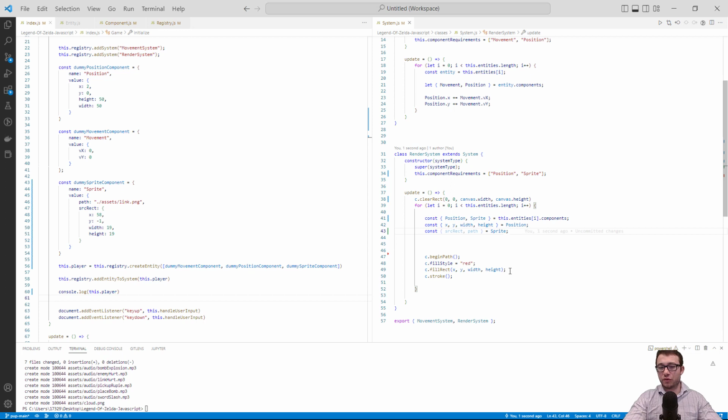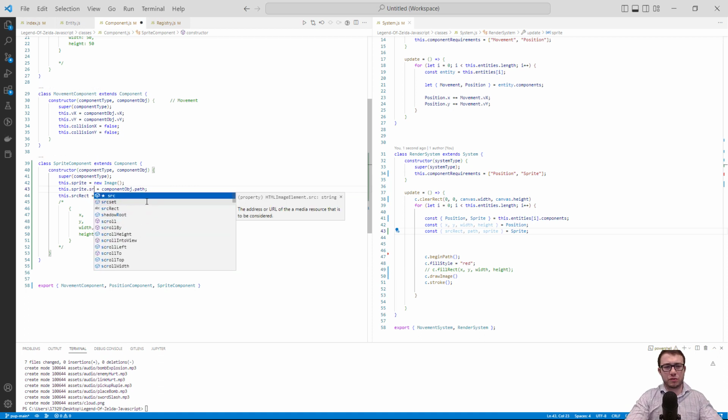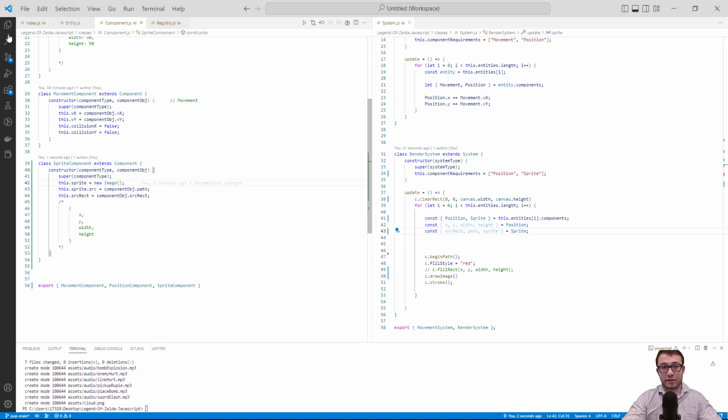Then let's change this fill rect to draw image. This is how context renders PNG files. And we'll also need the image itself. And I just realized I actually need to set the image's src, its source value, to the path. So let me just do that. It actually won't be its own property. So now that we fixed that,